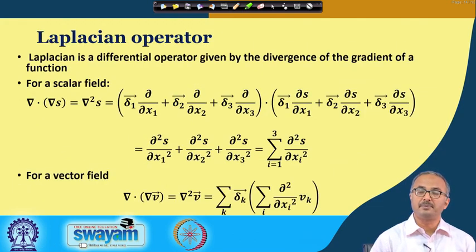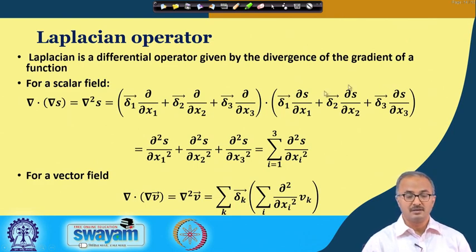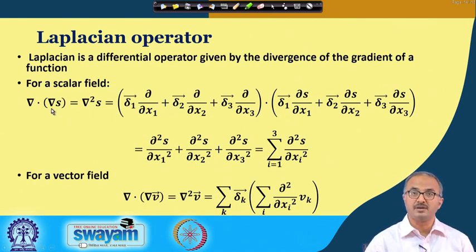And then we have the Laplacian. Laplacian is a particular operator. It operates like this: nabla dot nabla, given by the divergence of the gradient. That means here we are combining both the divergence and the gradient. When we take the gradient of a scalar, it makes it a vector. Once we have a vector, we are taking a dot product of the nabla vector with the gradient vector. So here we find that nabla dot nabla S is equal to nabla square S, and we get this particular expanded form for the Laplacian.